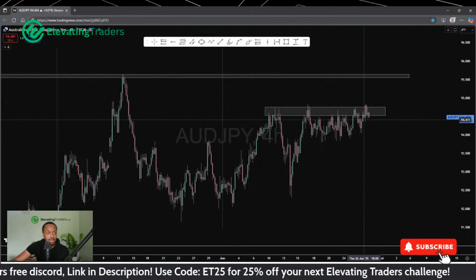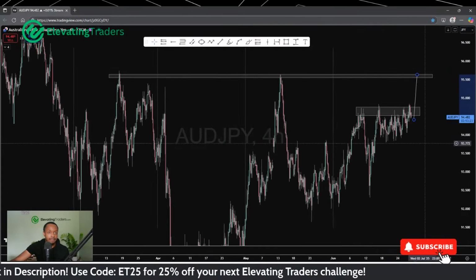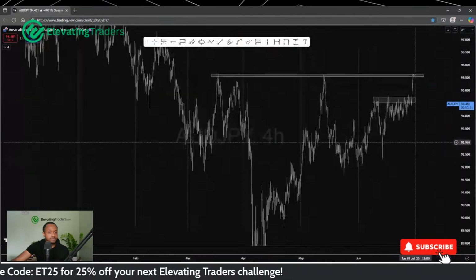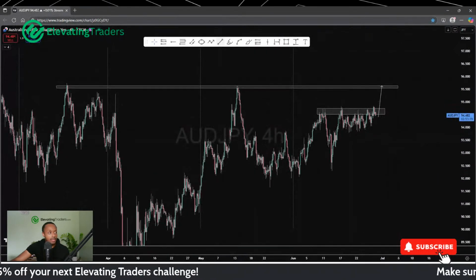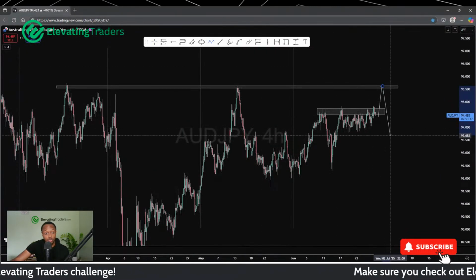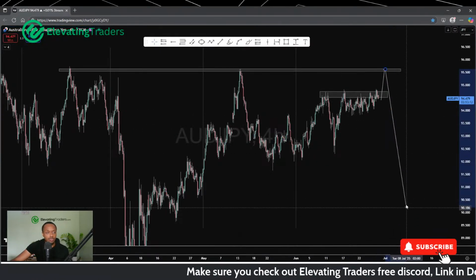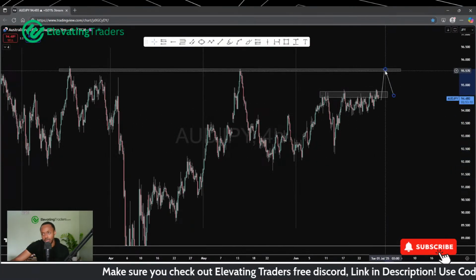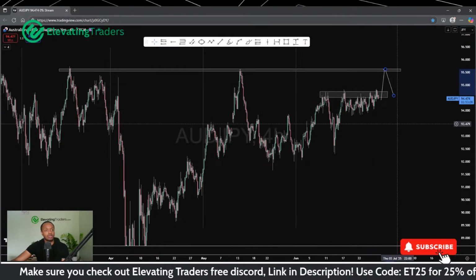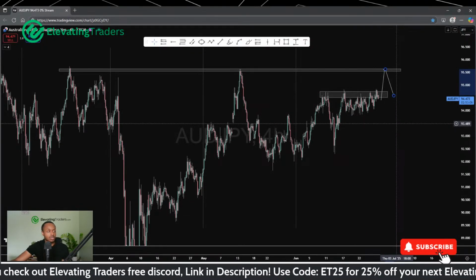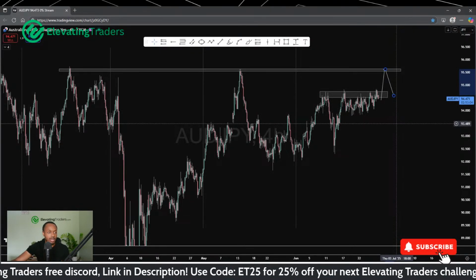So the way I see it, expecting us to drive higher, and then we can, of course, speak about that level. I think this could be a nice place to short the market, get there again. I wouldn't necessarily be looking for a huge move down. I think we can probably see a reaction for a few candles there, maybe a couple of days, and then we have to probably look to start taking profit and start watching out for that trade.